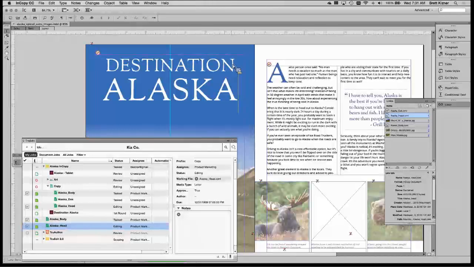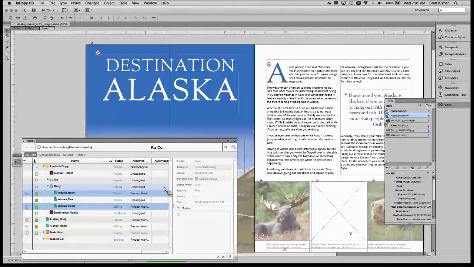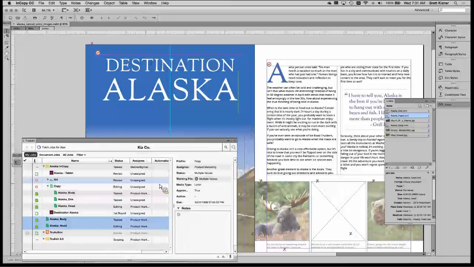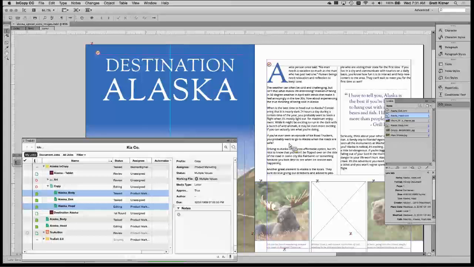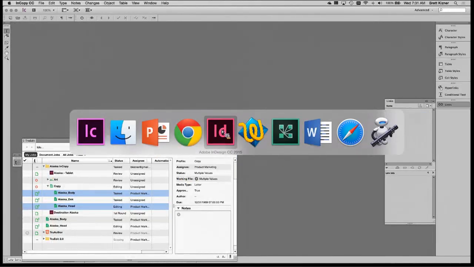So let's just go ahead and do that here. You'll notice it automatically opens up the layout. It shows me that content inside the layout. So for those of you that might be using InCopy out of the box, that are familiar with the assignment workflow, the InCopy assignments files, things like that, you don't have to worry about that. You just go in and say, this is the story I want to work on, and we know in the background what layout you need to work with. And you'll see here I have the ability to make changes there.